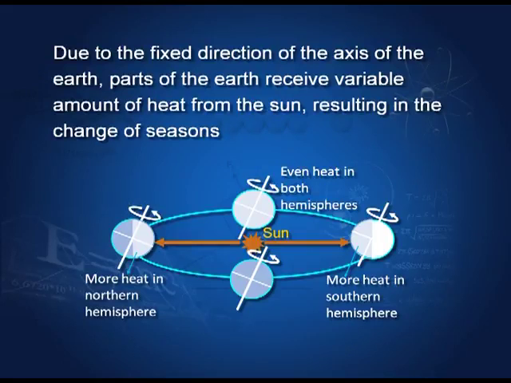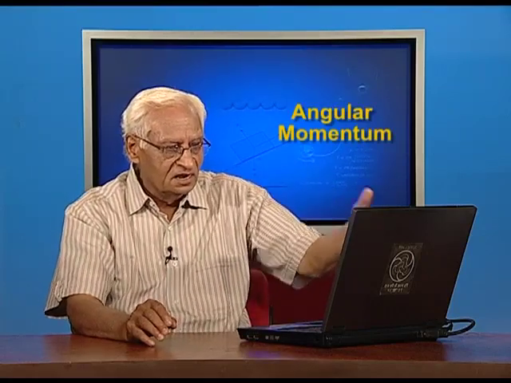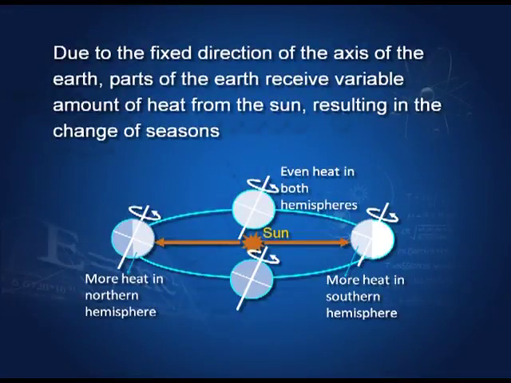This you have done in geography, but at that time you did not understand that this is a consequence of the conservation of angular momentum. Here is the earth in 4 positions, and you can see that the axis points in the same direction, and therefore the light of the sun falls differently, giving a variable amount of heat that is received by various parts of the